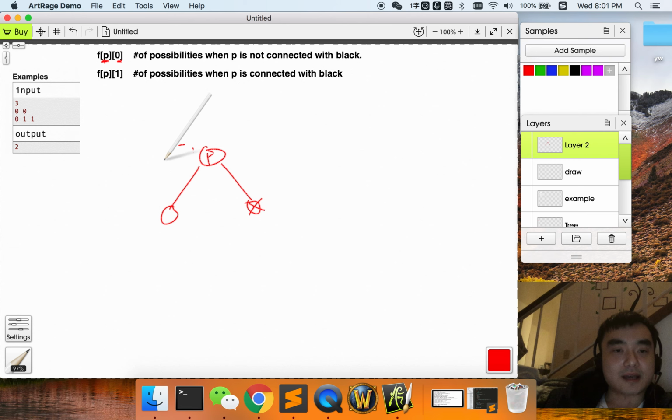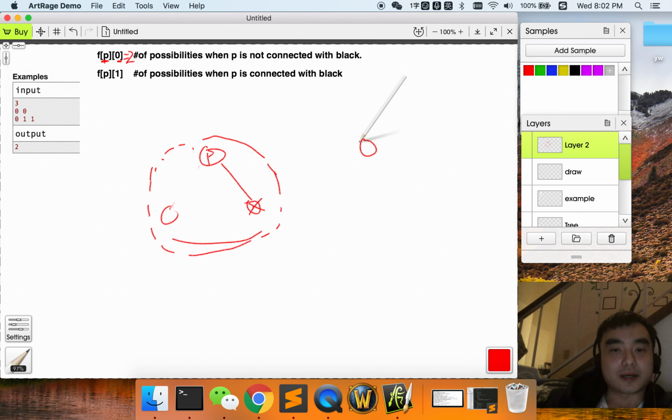So this kind of subgraph can be counted in f[p][0], right? So if f[p][0] equals 2, that means we have two subgraphs like this, right? So let's say we got one like this, and we got one